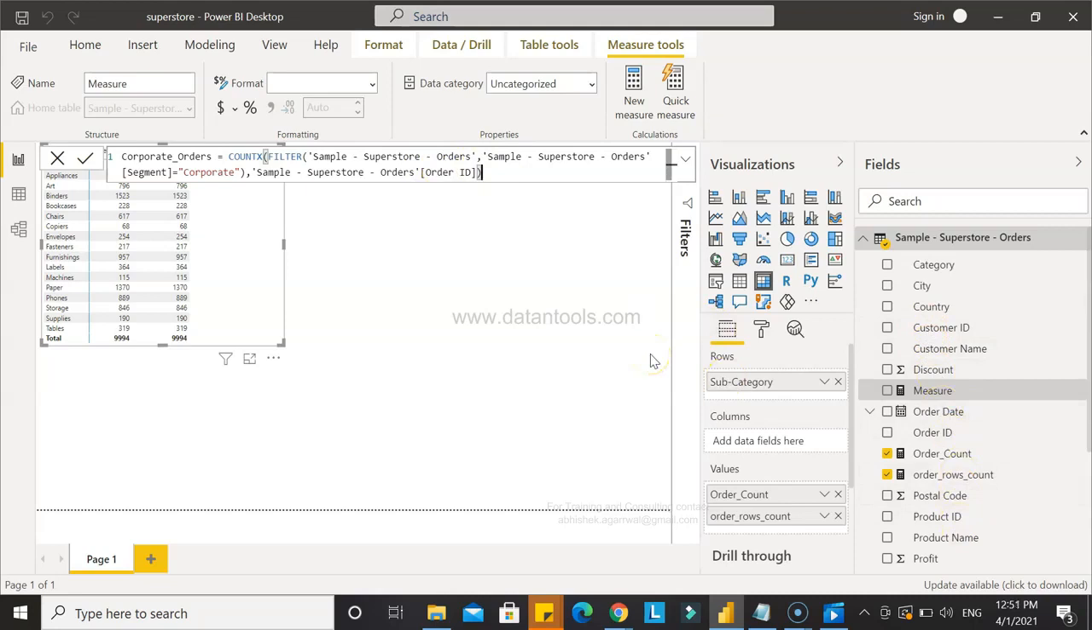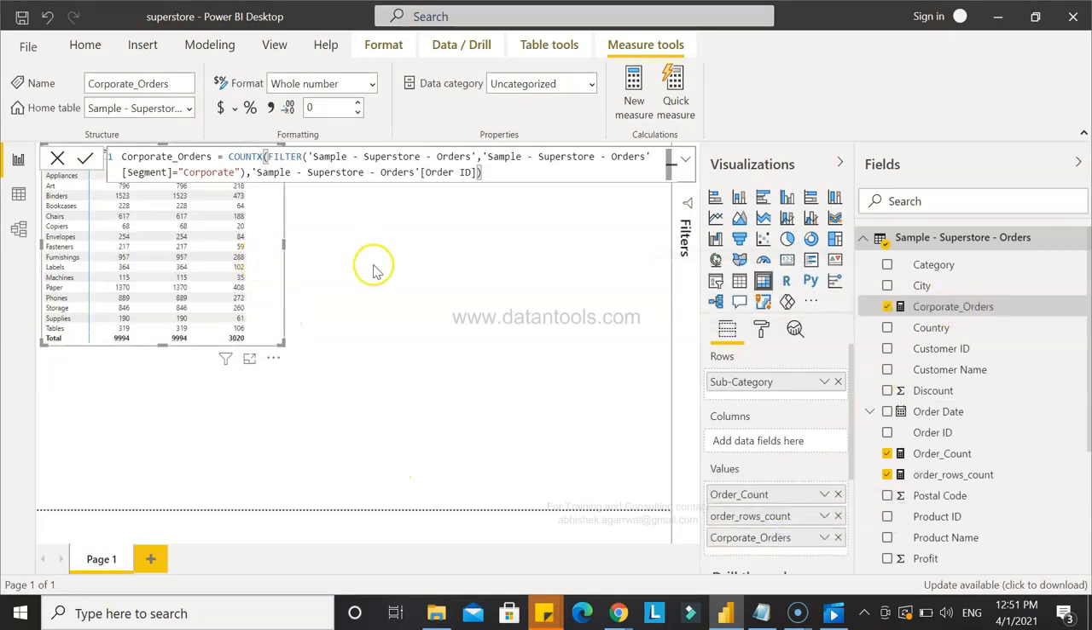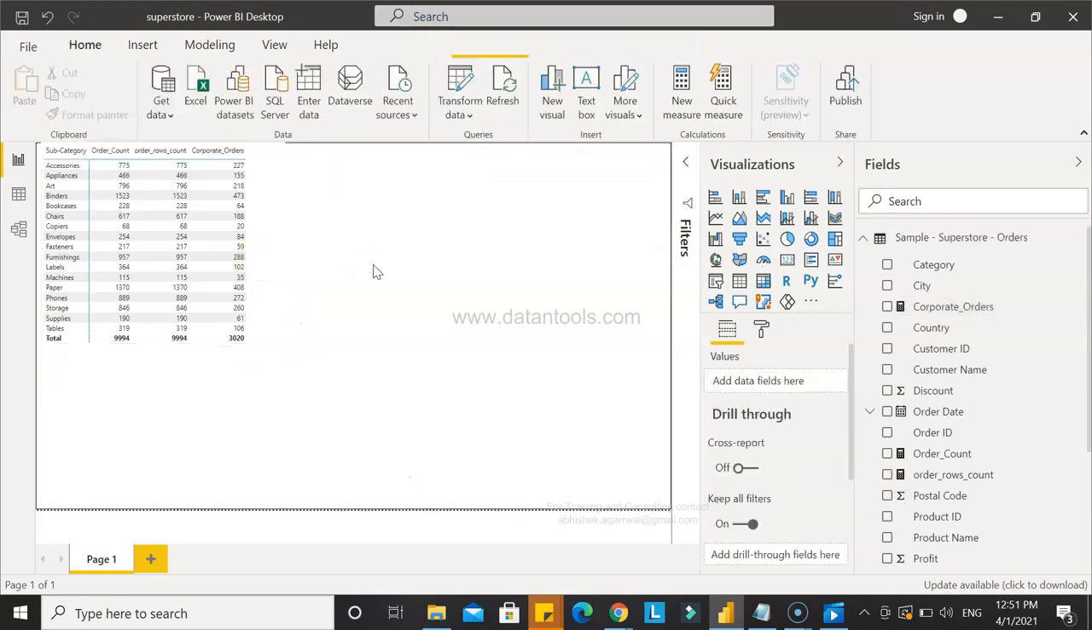And let's press enter. So once we press enter, you have this field over here, corporate orders, and if I bring it over here, you will see the corporate order. So if I just click outside, you will see that for accessories, the total orders you have is 775, from both of these columns you can get, but out of 775, 227 orders